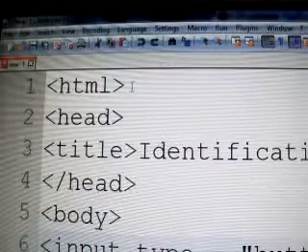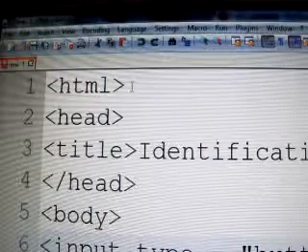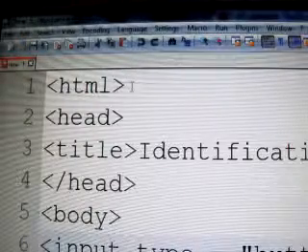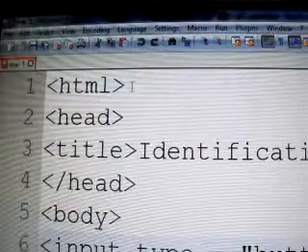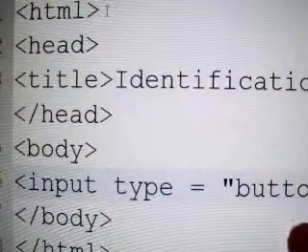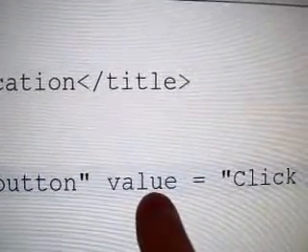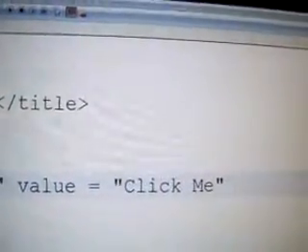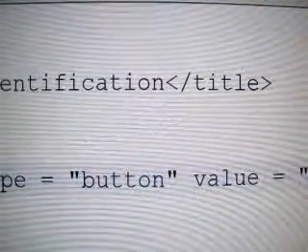Now, in a previous lesson, I taught you an attribute that you can now use here too, and I'll show you this. Okay, let me show you this just a second here. We have input type equals button. Okay, you already know about this one. You already know about value as well, because I showed you that in a previous lesson, and value equals click me. Now I'm going to show you yet another attribute, okay? And the attribute is